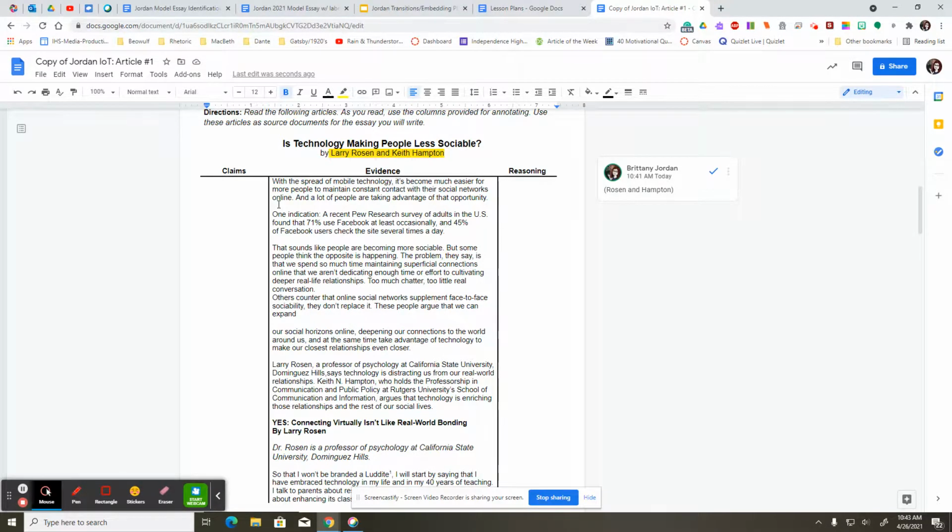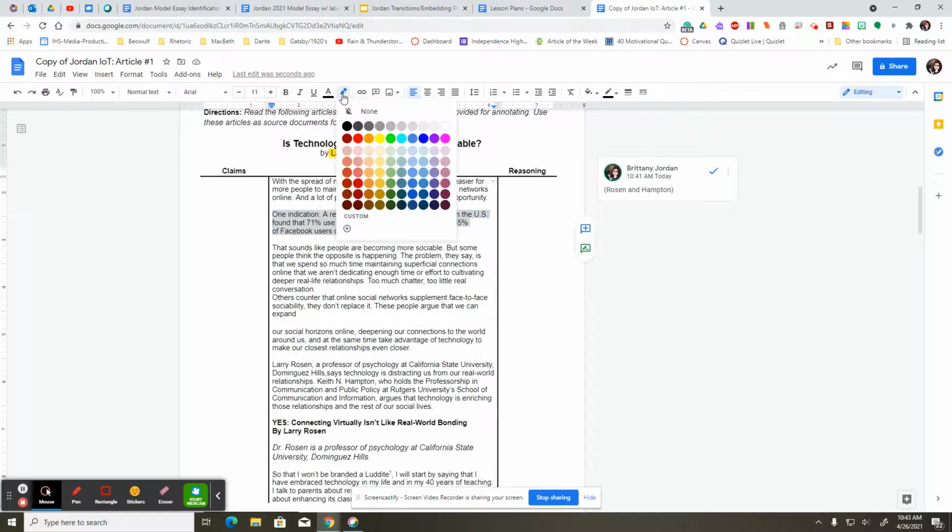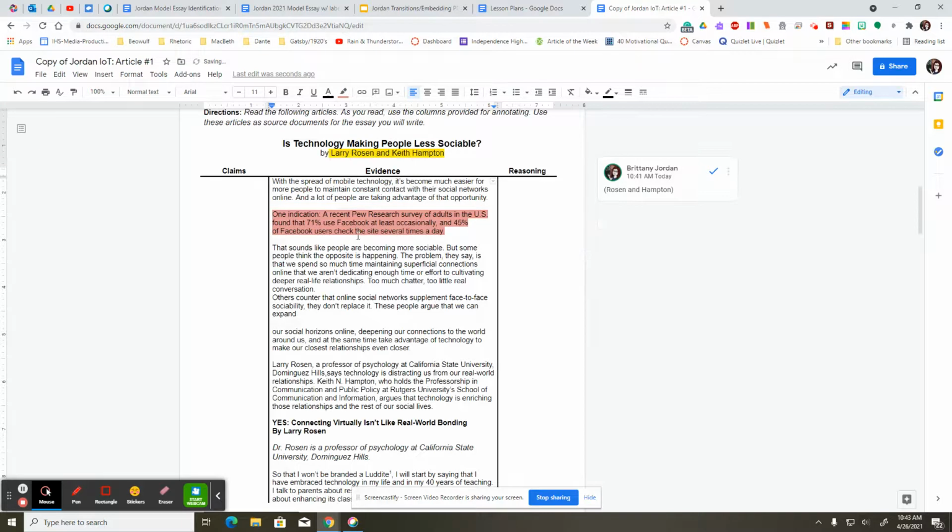And a lot of people are taking advantage of that opportunity. One indication, a recent Pew Research survey of adults in the US found that 71% use Facebook at least occasionally, and 45% of Facebook users check the site several times a day. I'm going to highlight that because that's going to be a good piece of evidence. And I'm going to say that this does not hurt our relationships. So I'm going to highlight that as no. This is a positive piece. This is good. So I'm going to say that